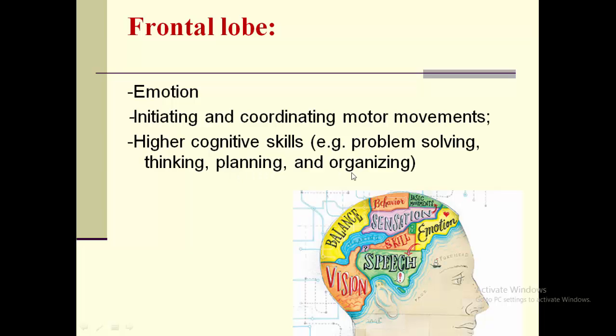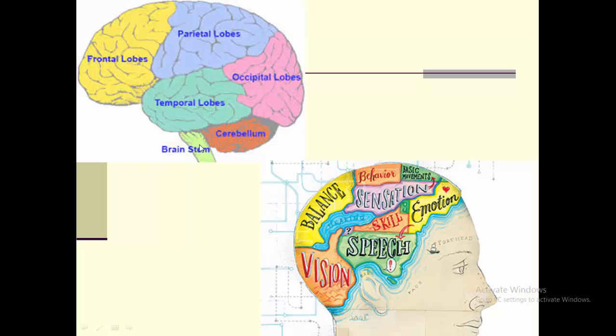And it goes without saying that you have now expected that any disease that affects this part, let this be a mass, a tumor, or any disease process, is liable to affect these functions in particular: problem solving, planning, and thinking, let alone problems related to emotion. This is the frontal lobe.